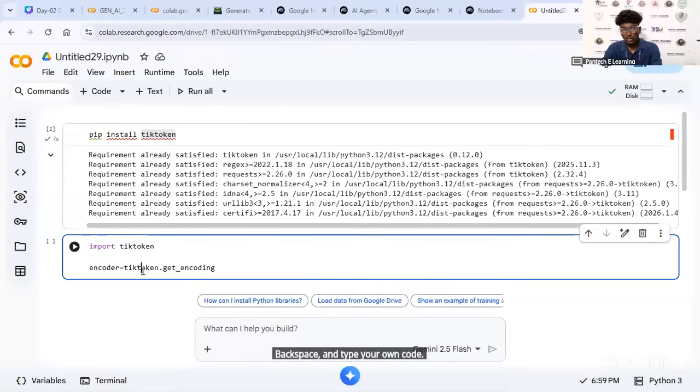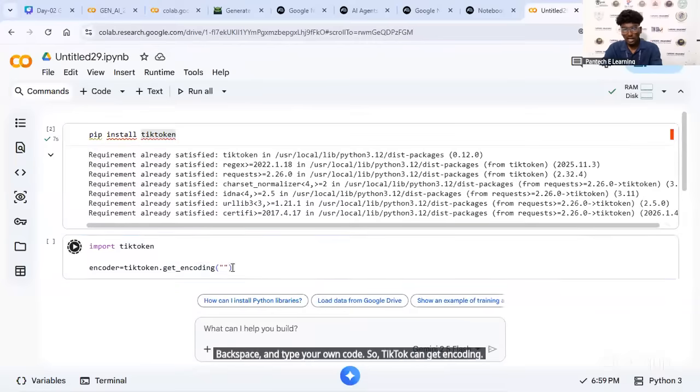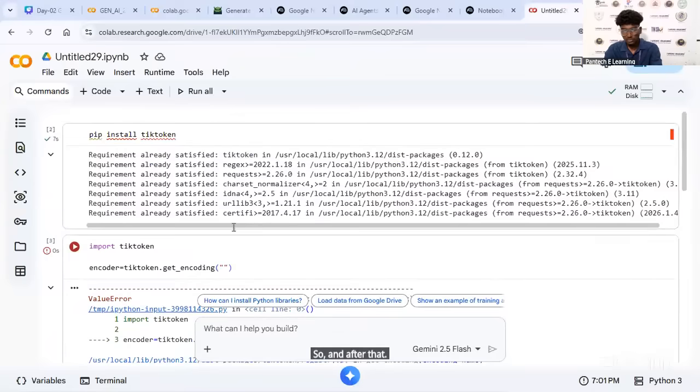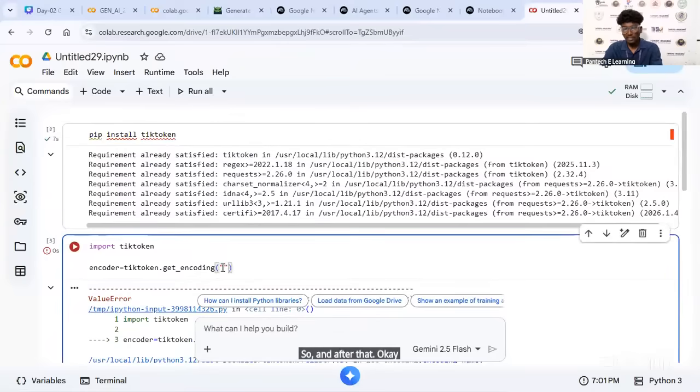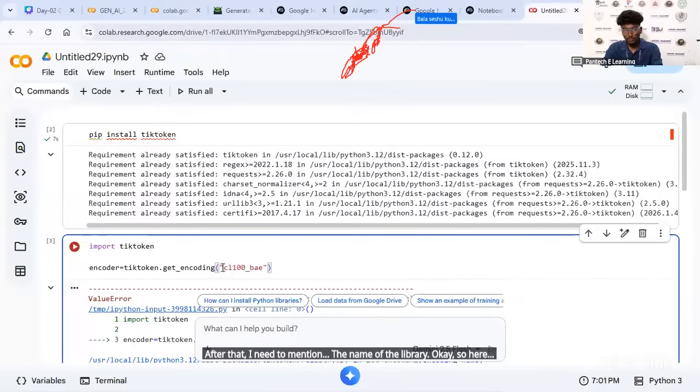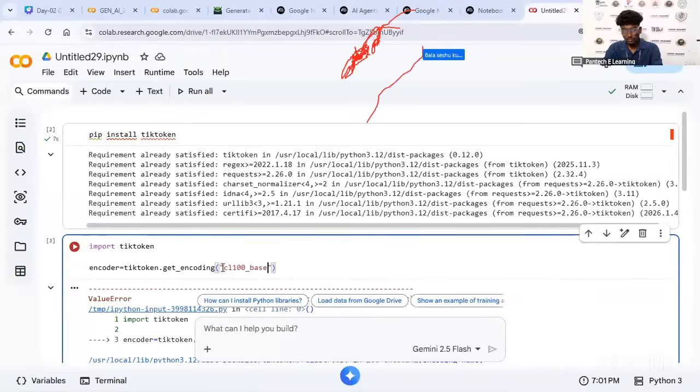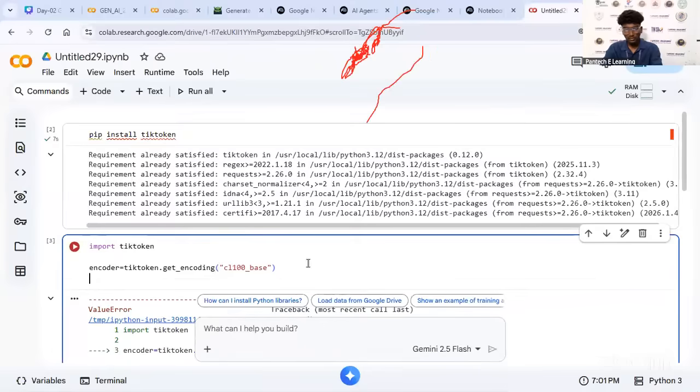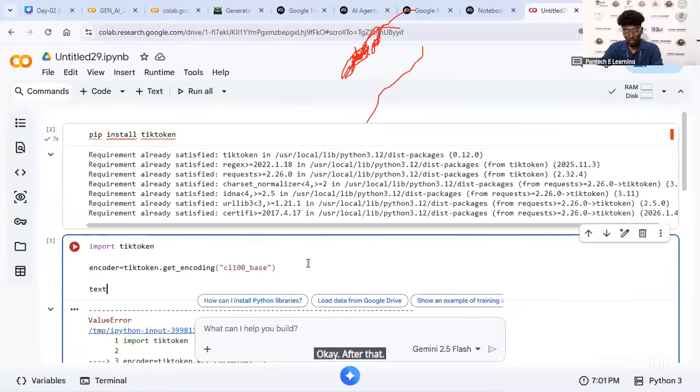So tiktoken get_encoding. And after that I need to mention the name of the encoding. Okay, after that I just convert to text. First I just type the code and after that I will explain.